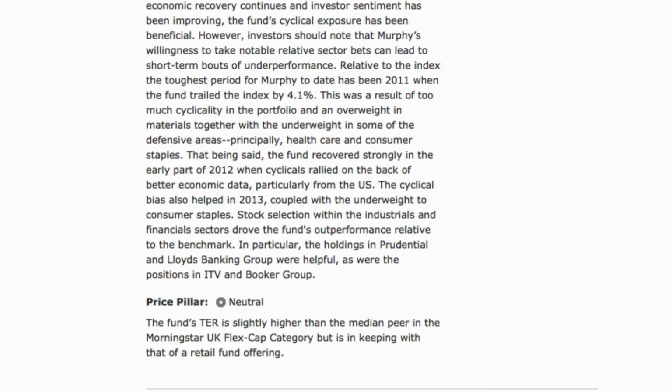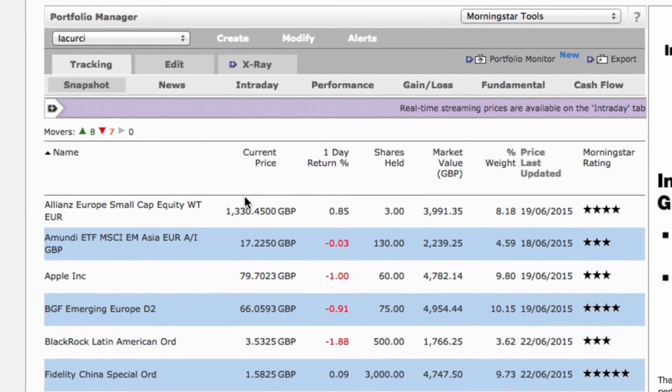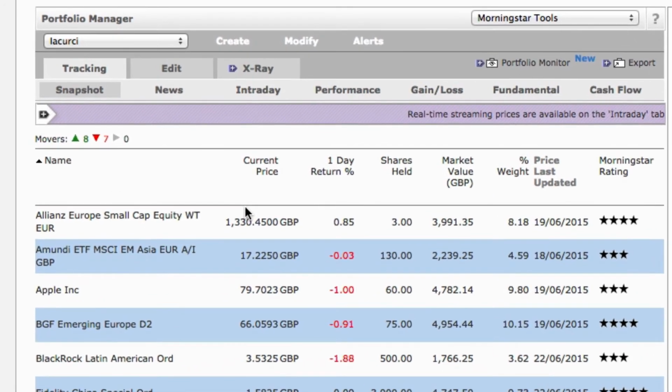Let's head back to the portfolio page so I can show you another premium feature. Now what if I want to read analyst reports on my investments, track the performance of my portfolio, understand how my asset allocation has changed and predict the future value of my investments on a regular basis? This is where our Premium Portfolio Monitor report comes in handy. It combines all this into a monthly print-friendly PDF document that is automatically emailed to you.